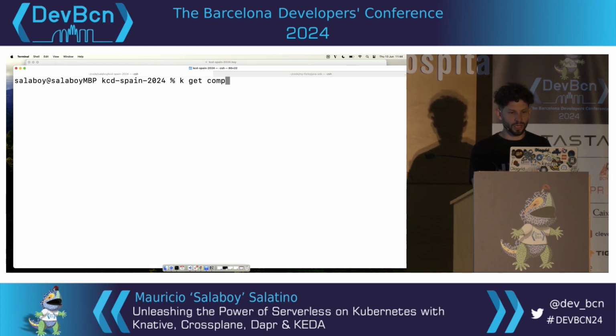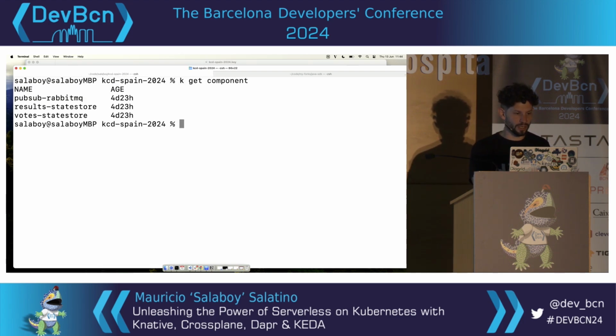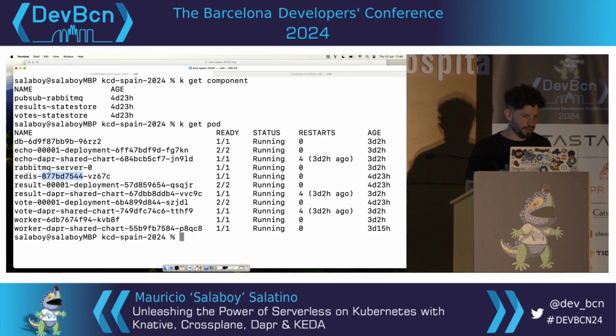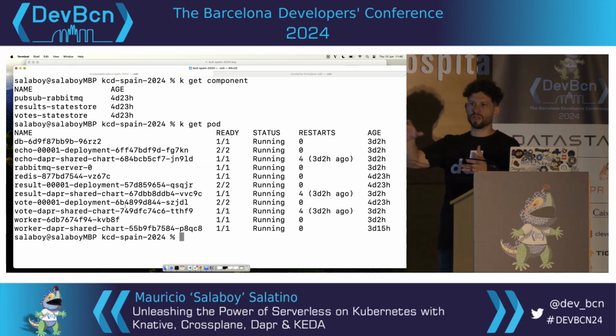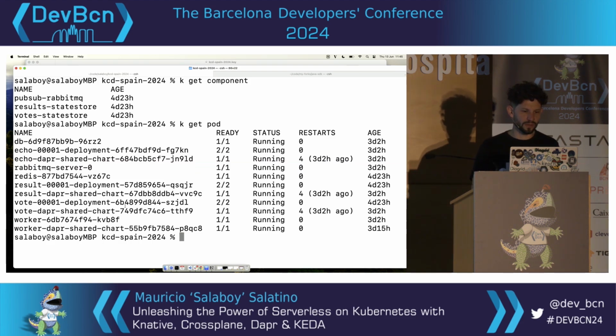And I have the same for RabbitMQ. I didn't show you that, but I have a RabbitMQ instance, a Postgres instance, and a Redis instance running here in the cluster. That's Redis, I think that's Postgres, and that's RabbitMQ, right? So the only thing that I'm doing is telling Dapr, hey, these components are here. Just connect to the local instances. And if I want to start moving these services to Google Cloud because my application is running on Google Cloud, I just need to change those configurations there.